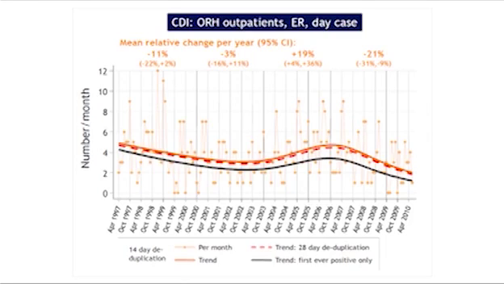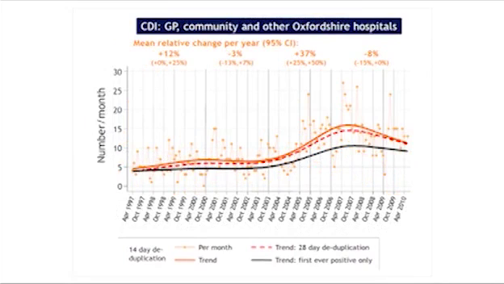If you didn't come into the hospital and your only exposure was sort of outpatients and clinics and things, there's a little bit of disease and there was a different curve, but it was much flatter with a little bit of a peak that wasn't too different from the peak that you had up above. And if you never came into hospital, had no contact with it, you've got a different curve. You had very little to begin with, and then what looks like more now. So if you're in the community, things are getting a little bit worse now, and if you're in the hospital, a little bit better, maybe. I don't know. We'll look at that and think about that.